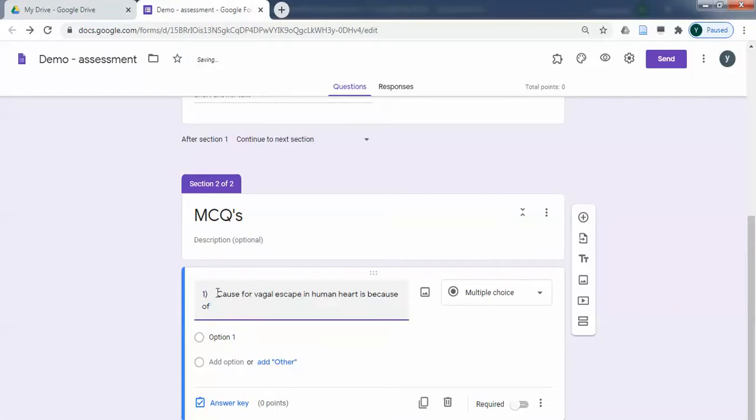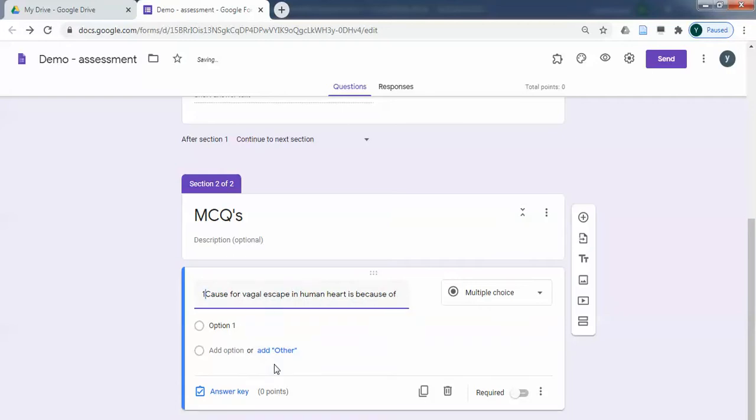And here it is better to remove the number because the questions are going to shuffle. If you give a number, students will see the first question as 35, the second question as 44, something like that. So better not to give any numbers.